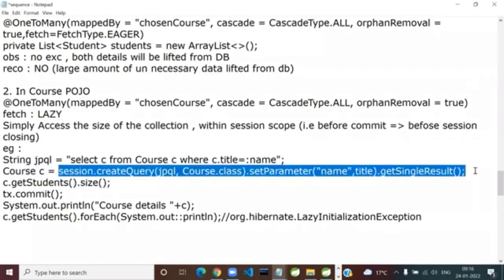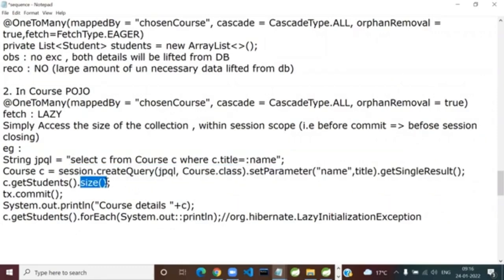At this point, only the select query on courses table is fired. It means Hibernate doesn't have a single clue how many students. But the moment you ask for the size, Hibernate has to give up this inherent laziness and has to fire additional select query. So I told you another day, put a breakpoint and check which query is fired when. This time on which table? Student table or courses table? Of course, students table will be fired.